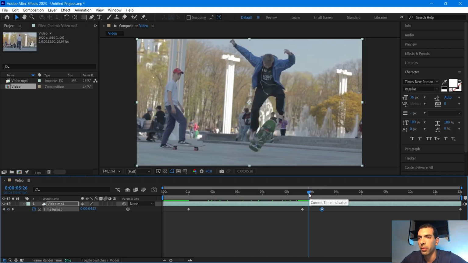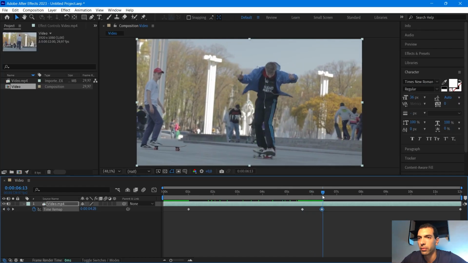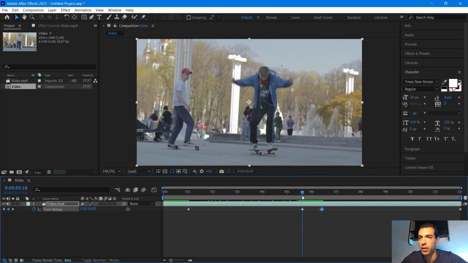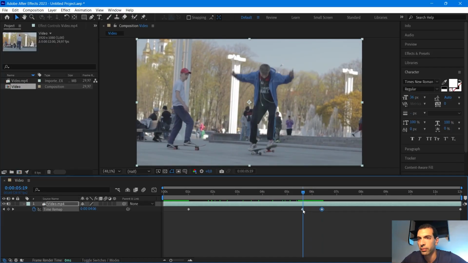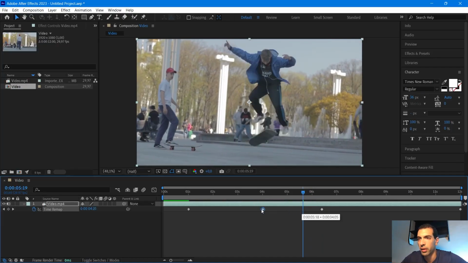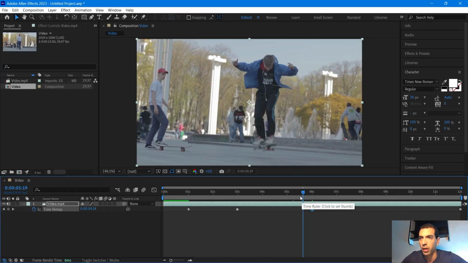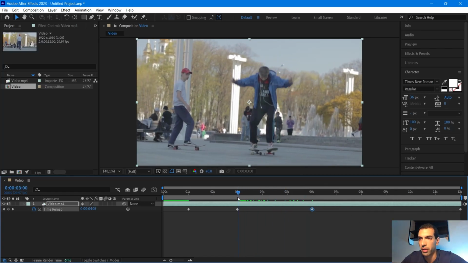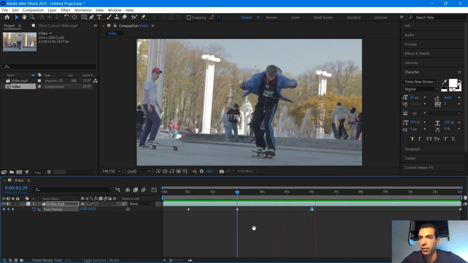What I'm gonna do, I'm gonna make this jump super slow. So this is less than 1 second. I'm gonna make it 3 seconds. I'm gonna place this keyframe right here and this keyframe right here. I'm gonna make the jump 3 seconds, and if I play now, we see it's very slow,